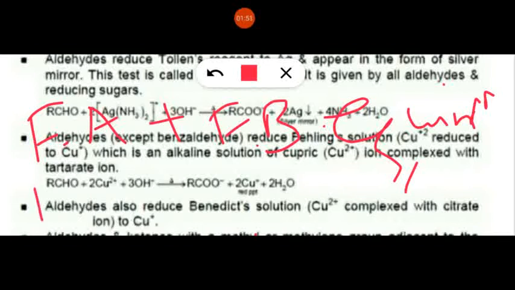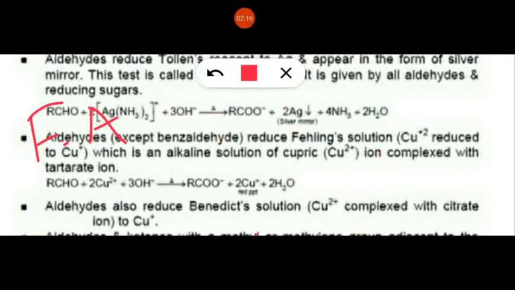Fehling A is pure copper sulfate and Fehling B is sodium potassium tartrate. When equimolar copper sulfate and sodium potassium tartrate are mixed together, Fehling solution is formed, and that Fehling solution contains